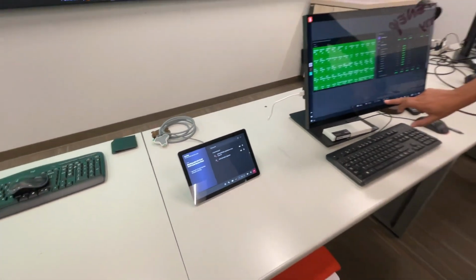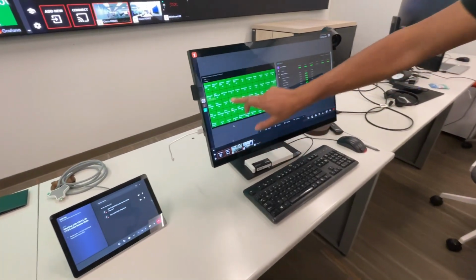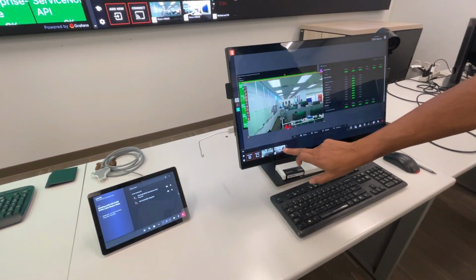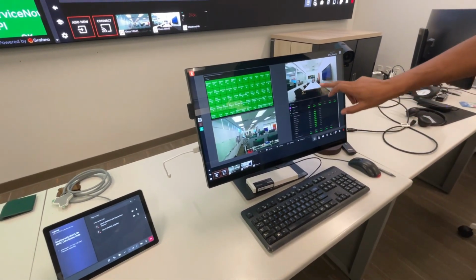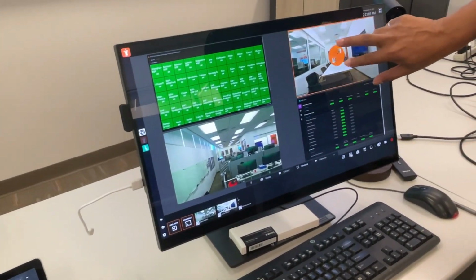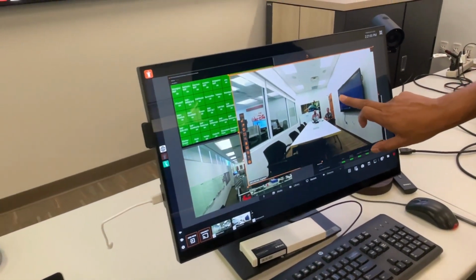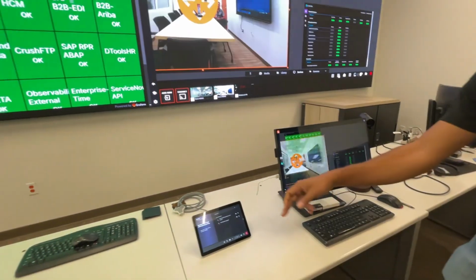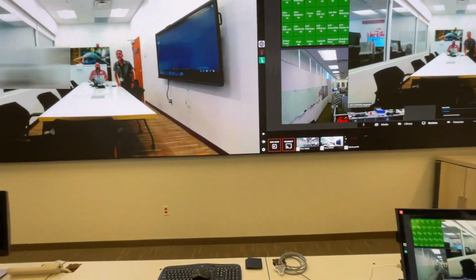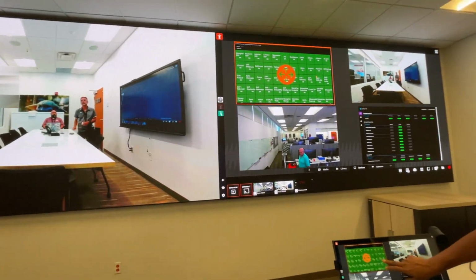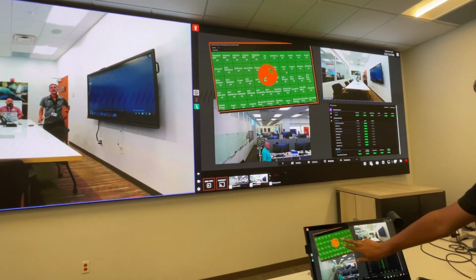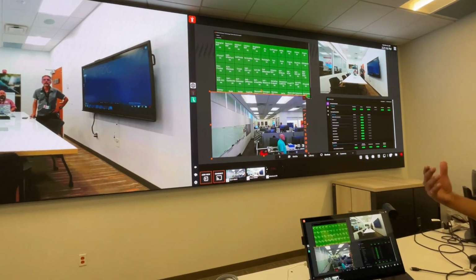So under devices, I actually have the remote team right there. So I'm going to go ahead and arrange this. So there we go. We've got our remote team in a different conference room. I'm going to take that and throw it over to the other video wall. So now not only can I actually share data and interact with data, but I can also bring in remote